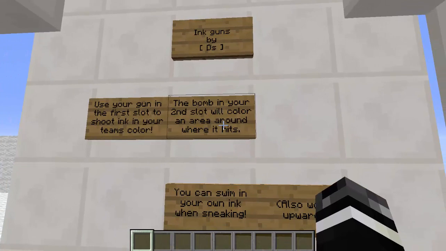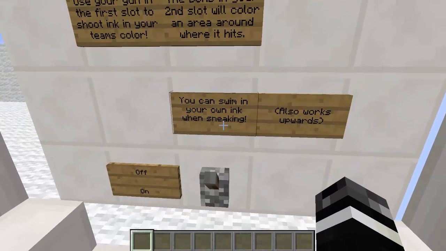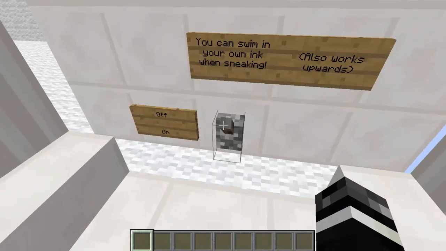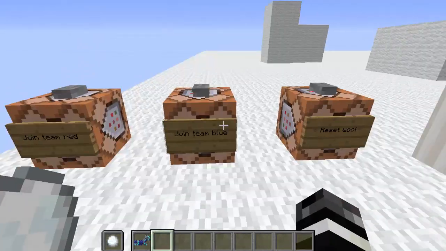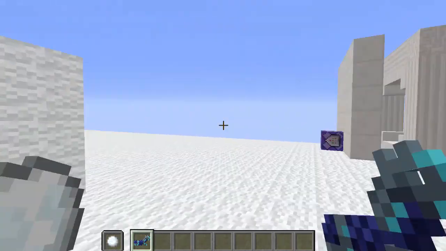The bomb in your second slot will color an area around where it hits. You can swim in your own ink while sneaking. Also works upward. Where's the bomb? Okay, so here's a gun. So you shoot the snowballs, and